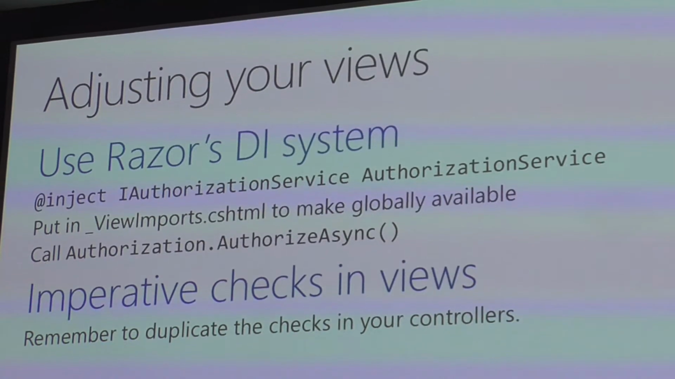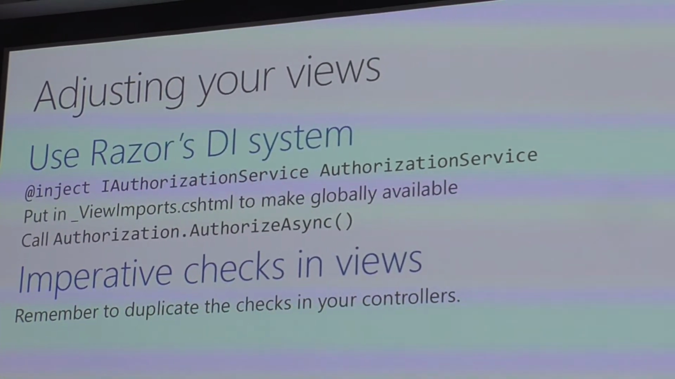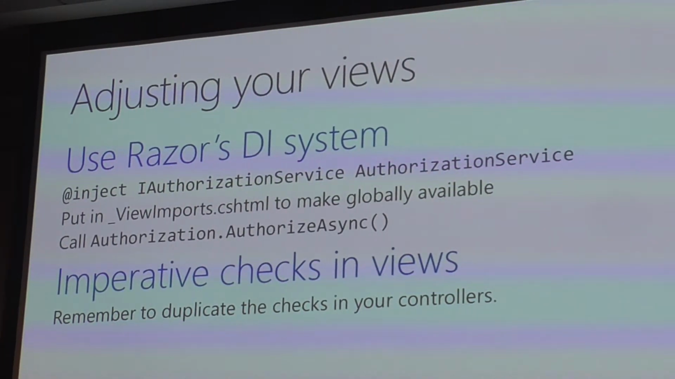Then you can do really horrible things. This makes a lot of people groan. This makes a lot of people happy. It depends on how pure you want to be. Because remember, the authorization service is just a service in DI, and inside your Razor page, you can inject things from DI. This makes a lot of people groan. So you can inject the authorization service into a Razor page, and then call authorize async